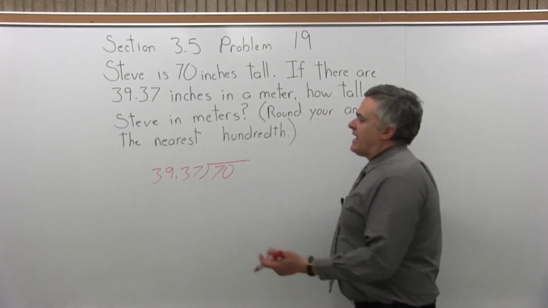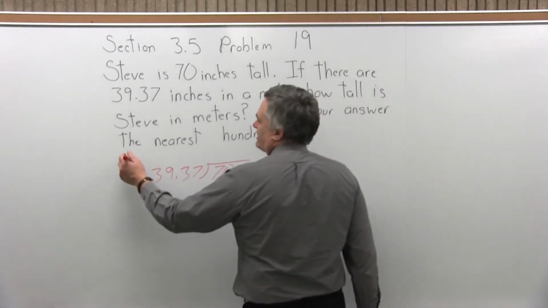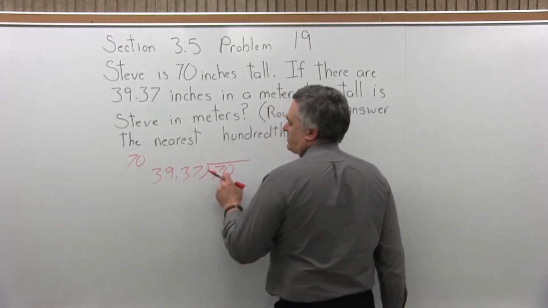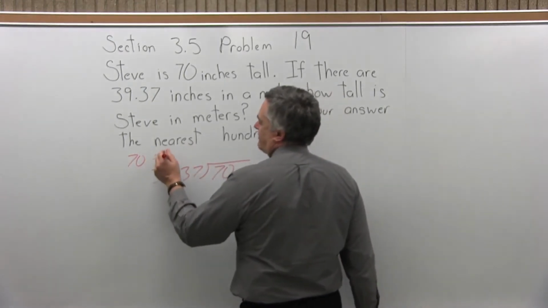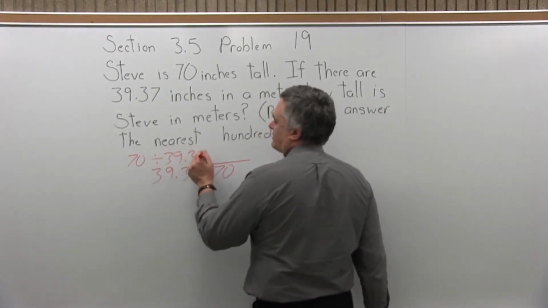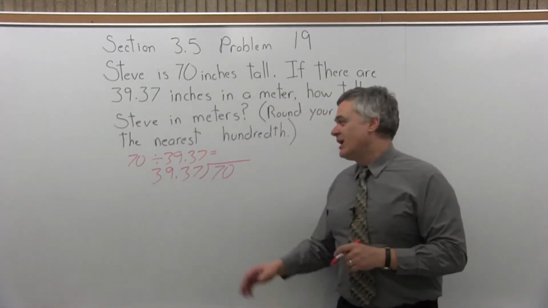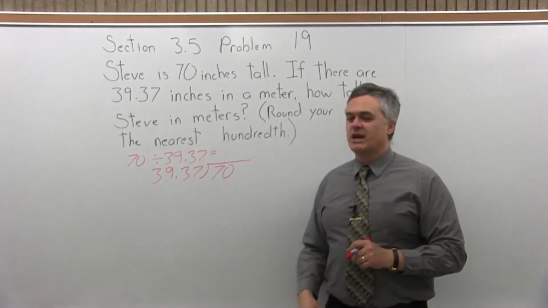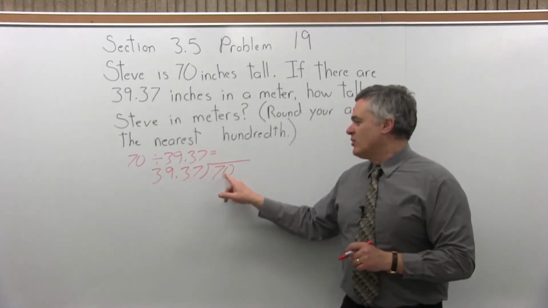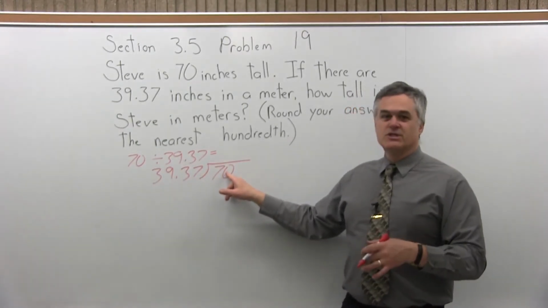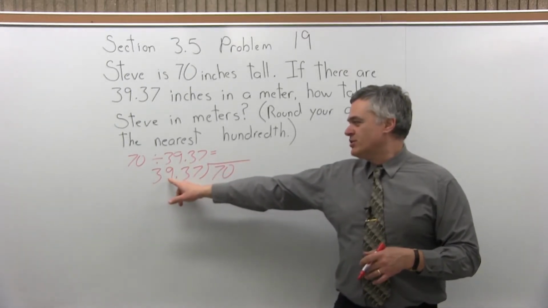Now, if you had a calculator, the way you would write this is you enter the 70 first, which you call the dividend, then divide by 39.37. So if you're curious at the end of the problem, you want to get your own height in meters, you can use a calculator, you'd enter it that way. To do it by hand, though, you want to write the 70 under the division symbol and put the 39.37